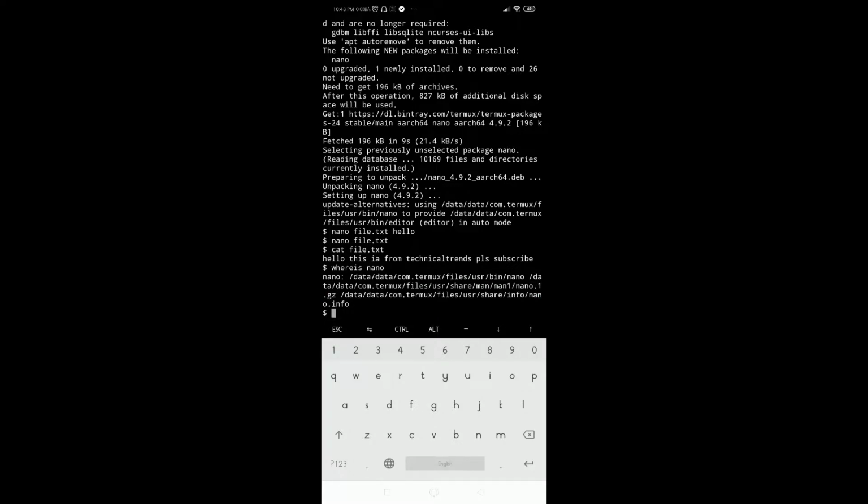So as such, you can see the path location of any package installed in your Termux using this simple whereis command. There is even one more command, like if you want to clone any tools present on the web or from Git, so you have different commands for that. One is git clone URL, for example git and next clone. So here you can type the URL of which you want to clone. So this is one command. And we even have two different commands like wget and curl, but generally we prefer git. So these are the different commands which we'll be using in our upcoming videos. So just note these commands and have an idea about them.